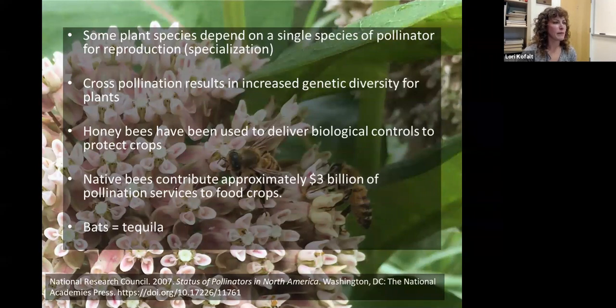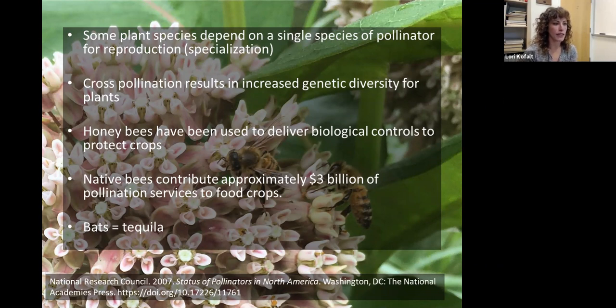So just some interesting facts. Some plant species do rely on a single species of pollinator for reproduction. This is called specialization. Cross-pollination, which occurs when a pollinator is visiting multiple plants, increases genetic diversity and is highly desirable in plants and